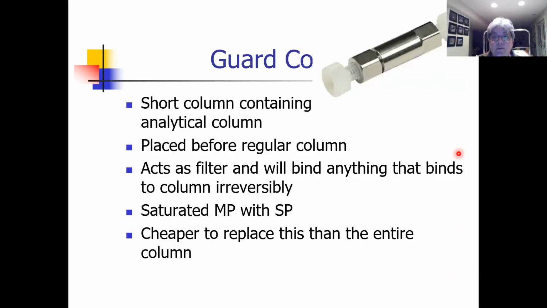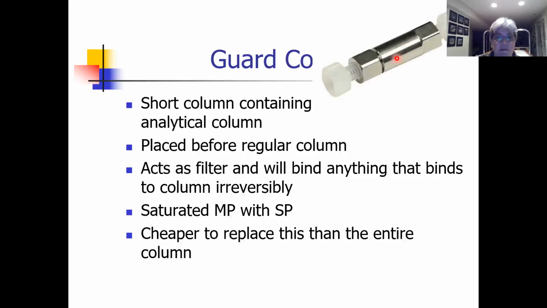And in fact, often you can pack them yourself. So here's a picture of a guard column. So usually what you would do is you would take out this one end, this end is sealed, and you can actually buy a bottle of stationary phase. And then you take that guard column and you pour in a little bit of stationary phase, and then you tap it, tap, tap, to get it kind of packed down, and then pour in a little bit more, tap, tap, to get it packed down until you get it full, and then put on the other end. Now, the packing's not as good as the ones you buy, but it's okay for this little short column. And then when you need to replace it, you just clean it out and repack it. Okay, so very important